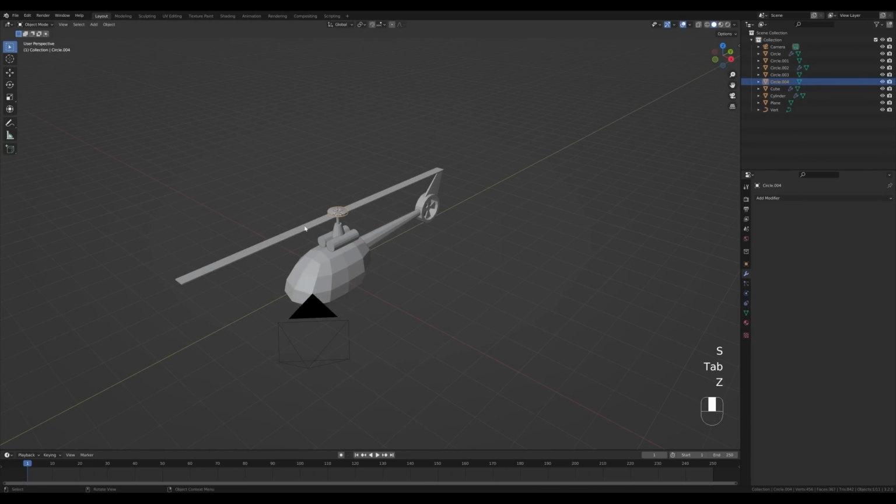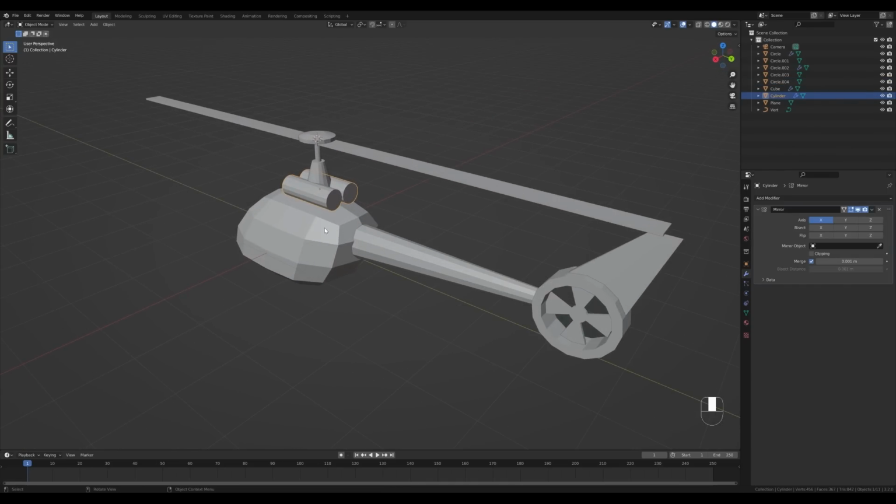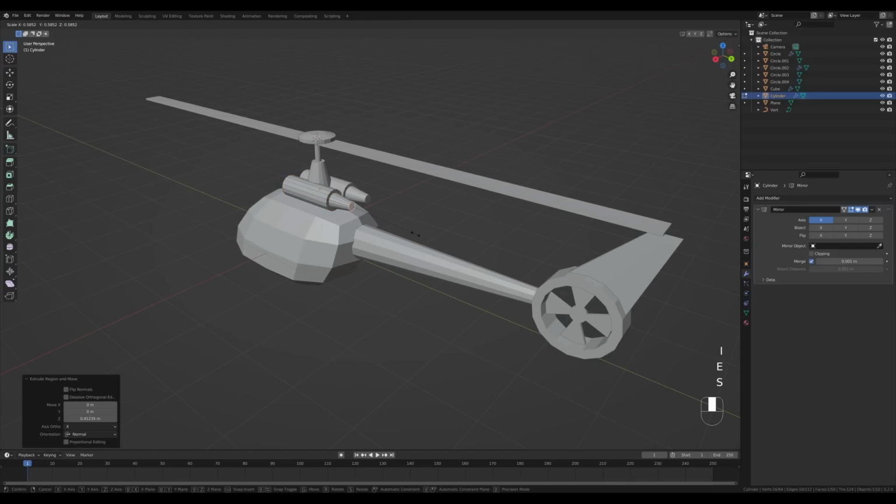So that's the parts of the propeller to make it a little bit more sophisticated. And now let's select these engines and we'll edit them as well. So tab into the edit mode and I will switch to the face select or press 3. Select the back face and press I to inset, E to extrude and S to scale.